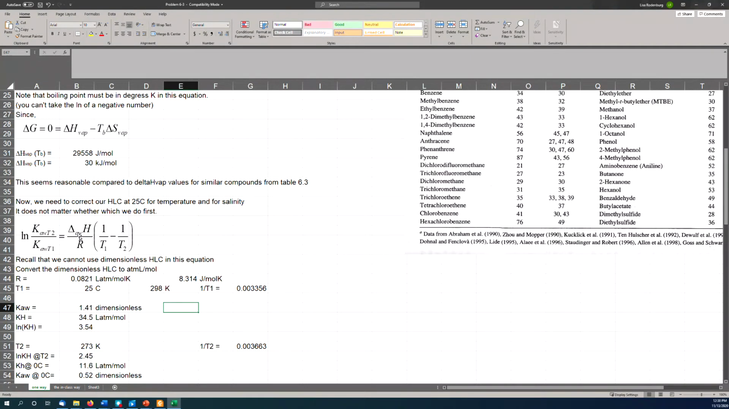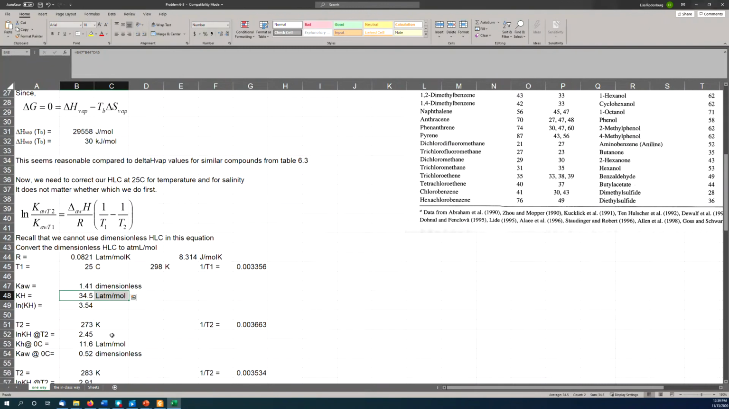Remember that if we're using the delta H for Henry's law, we need to think a little bit about the units of our Henry's law constant. You can't use this equation if you have dimensionless units on your Henry's law constant. So there are a couple different ways to do this. What I've done in this spreadsheet is converted my dimensionless Henry's law constant to having units of liter atmosphere per mole Kelvin. So here's my R value, my temperature, and that leads me from my dimensionless Henry's law constant into one that has dimensions of liter atmosphere per mole Kelvin. So then I can